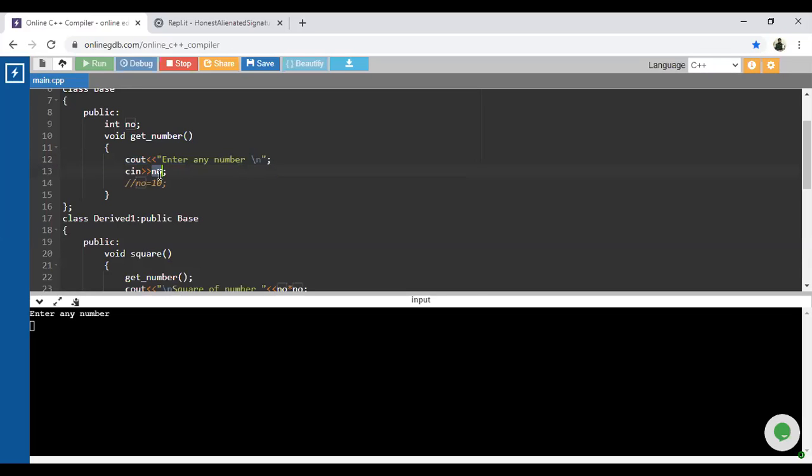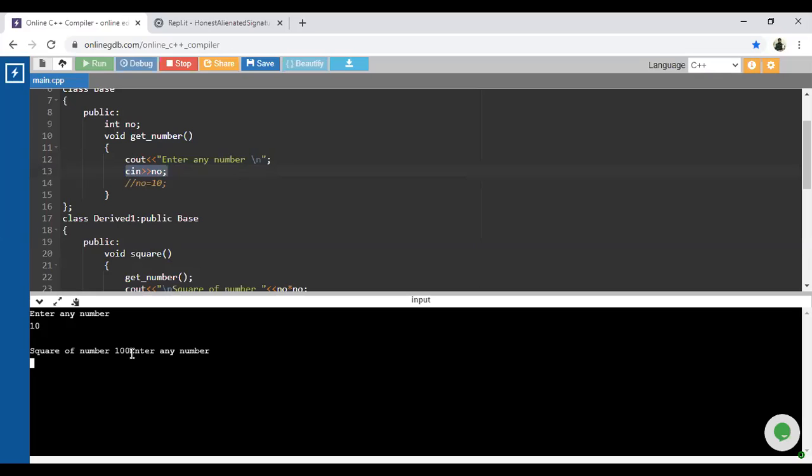Okay, cin. Once you enter a value, I will enter 10 because I have considered that number as an integer type.